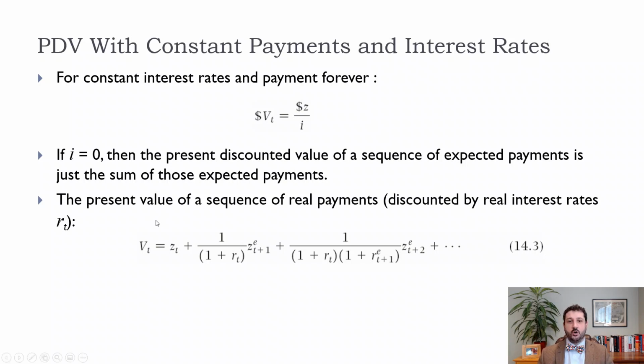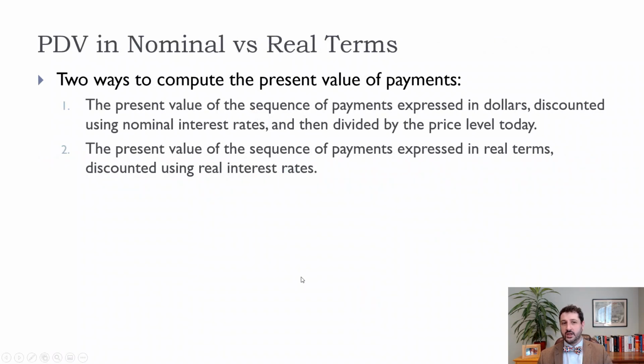If we want to think about real payments, then we just need to think about the real interest rates. Unfortunately, we can make an assumption that the real interest rate is going to be the same forever, but we don't really know that. And we know from history, of course, that inflation does change over time, so you would really want to think about that as well. We can either do it in terms of all dollars, and usually that's what people do, because as long as you're comparing dollars and dollars and you know the nominal interest rates, especially in a bond where the nominal interest rates and the dollar payments are spelled out, then that's fine. So as long as you have dollars on both sides, you're good.